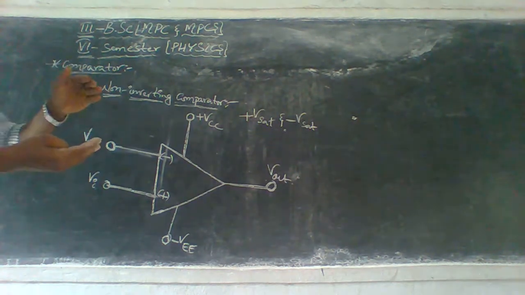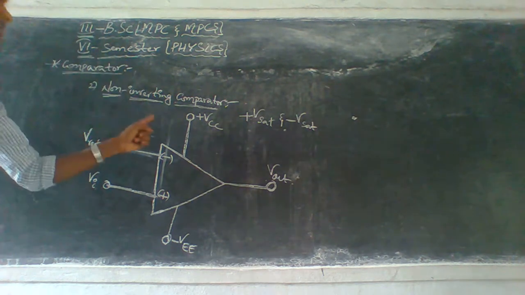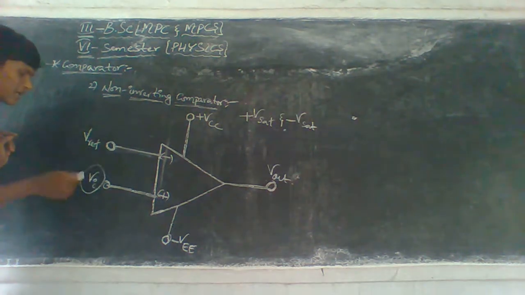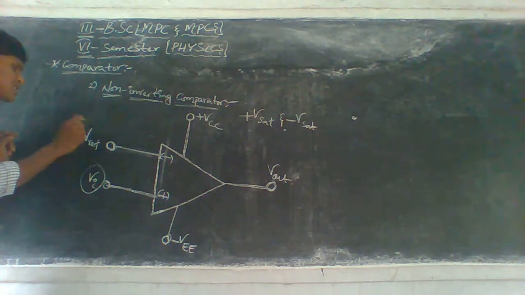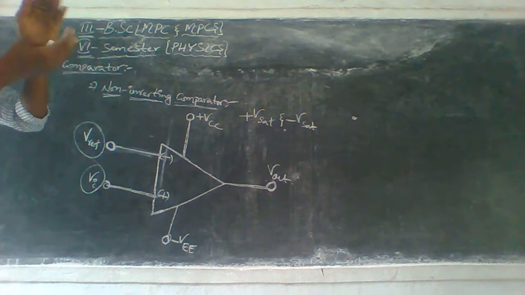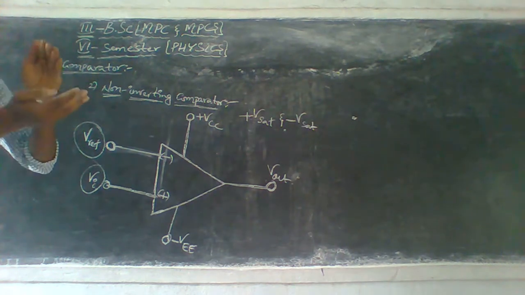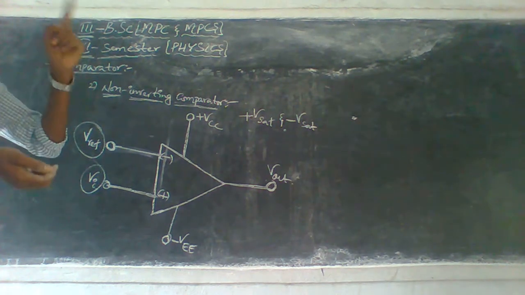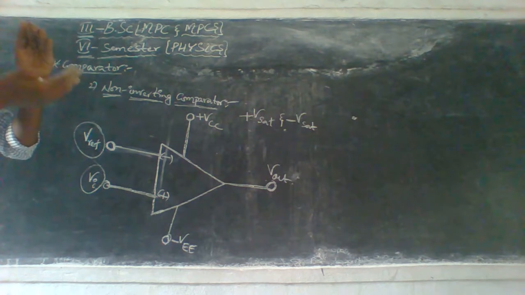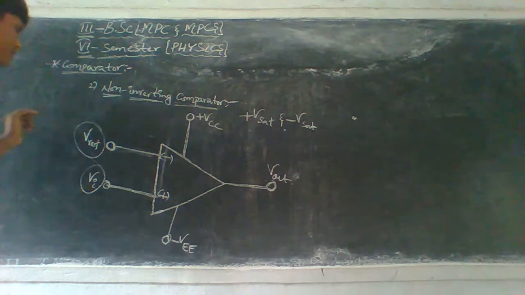Okay, so at the output, based on the values of the input voltage, which is simply denoted as VI, and the reference voltage, which is denoted as V reference, the output value of a non-inverting comparator will be plus V sat when the input voltage VI is greater than the reference voltage.